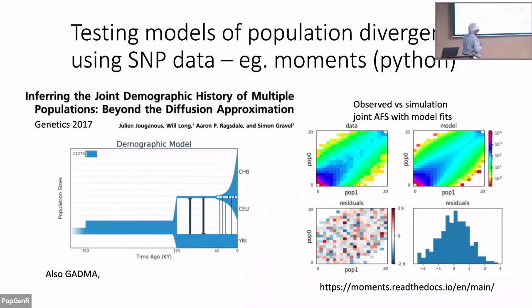I'll just do this very quickly. There's another whole class of methods and models which are applicable to SNP data, where if you've got just 3 or 4 taxa that you're deeply interested in, you can test different models of divergence, models with gene flow, models without gene flow, models with changes in population size over the history of the splits, bottlenecks, all that sort of stuff. And those parameters like bottlenecks do affect the data or the site patterns that you observe in the data. So I actually like using some of these types of methods. Well, I don't do anything. I encourage my students to use these methods